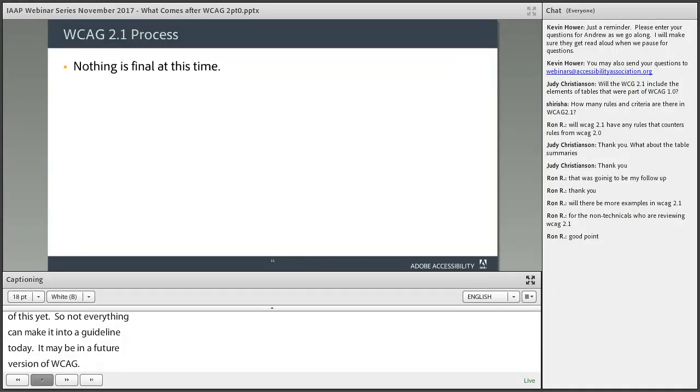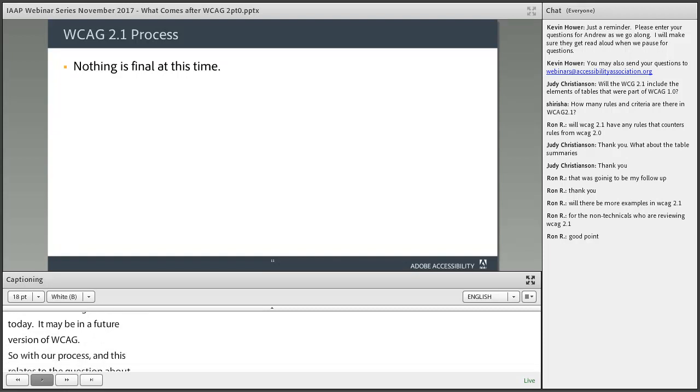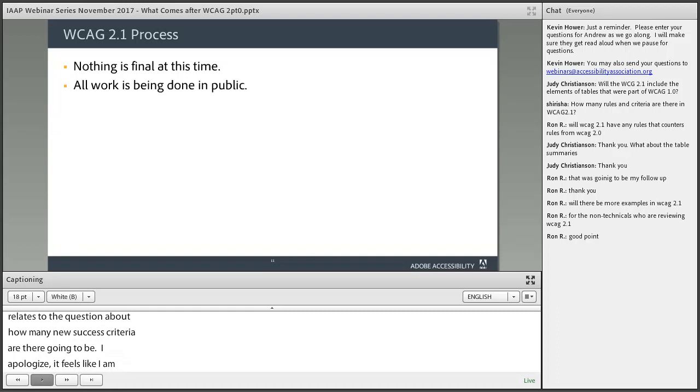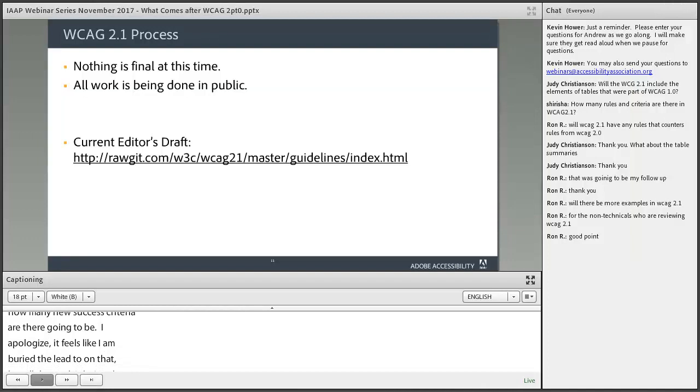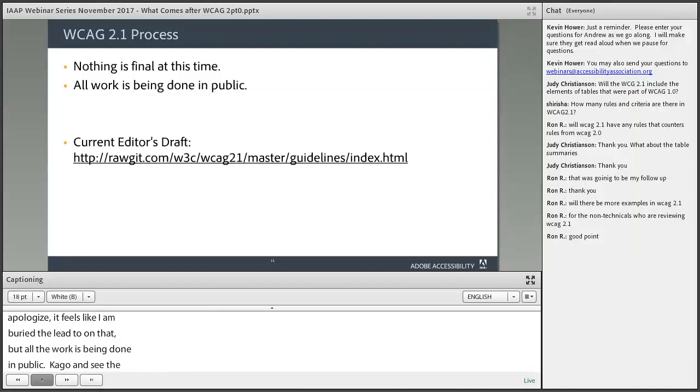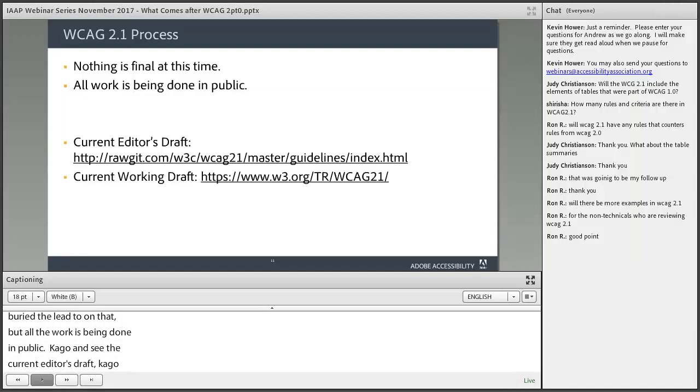So with our process, and this relates to the question about how many new success criteria there are going to be, and I apologize, it feels like I'm burying the lead on that. But all the work is being done in public, and you can go and see the current editor's draft, as well as the published working drafts. These are all available for people to see. And the easiest way to get to the current working draft is just to Google WCAG 2.1, and it'll come up with a URL in the W3C domain space, and that will be the current working draft of WCAG